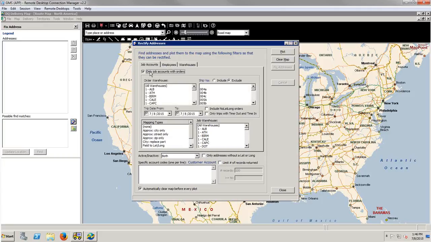Okay. So we're going to always do it for job accounts with orders. Okay. And I'm going to come down here and we're going to just continue to use the FRB location for Company 1 as the location that we're going to go out of. My date range,